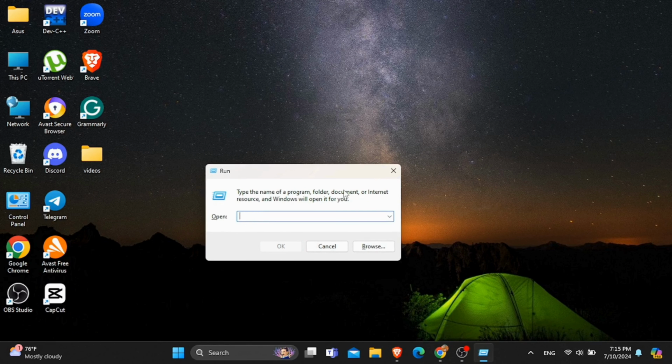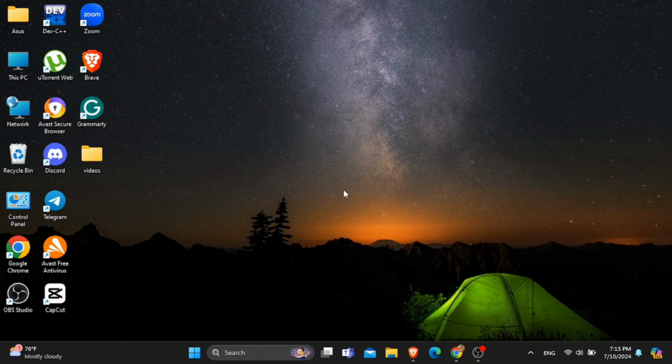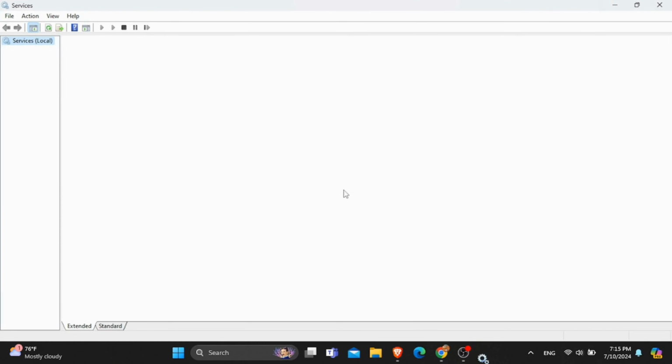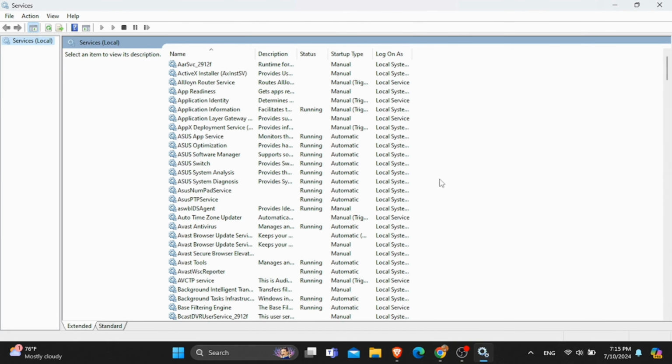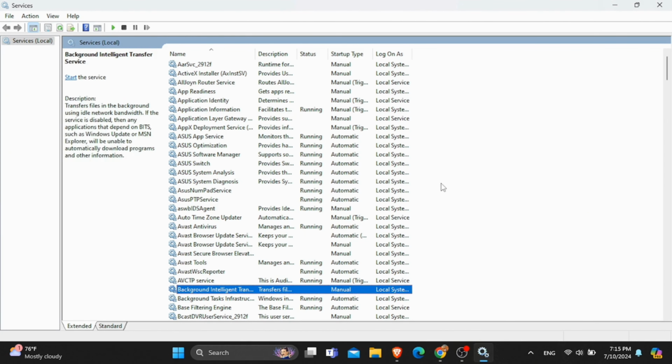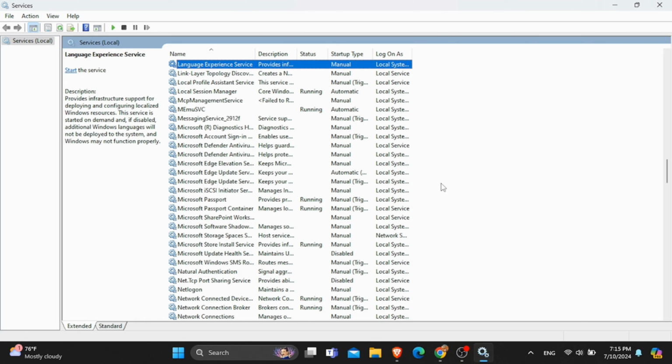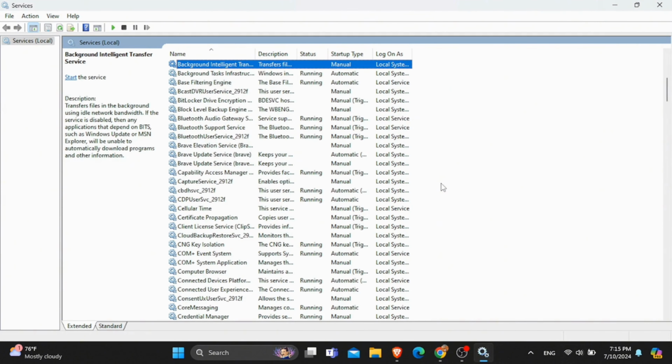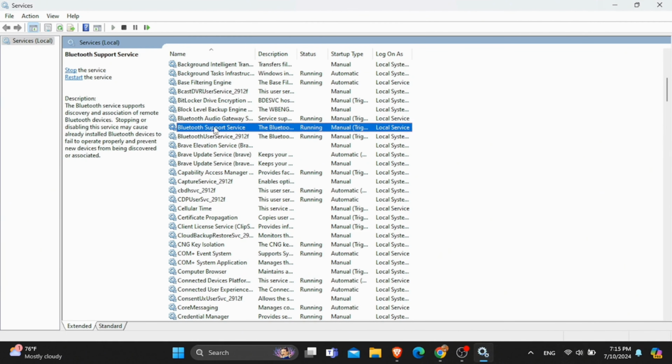Then after, the next solution is click Window plus R and then type services.msc. Then after, you will be directed to the services of your device. Here, you need to search for Bluetooth Support Service. Once you find it, double click on it and a little window will open where you need to choose the